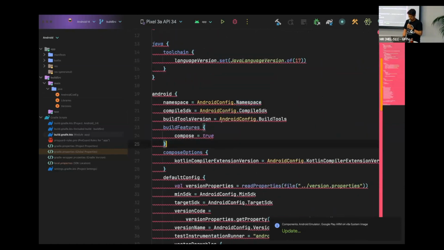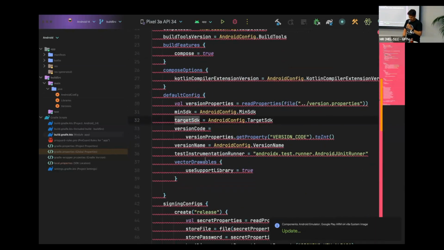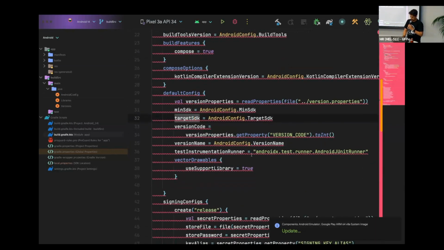Yeah, it's slowly learning that things are fine. See, it's getting colored properly. I put the build tools here, min SDK, target SDK. I can take some pane out and move all these constants into those files again, and all of that will be available.